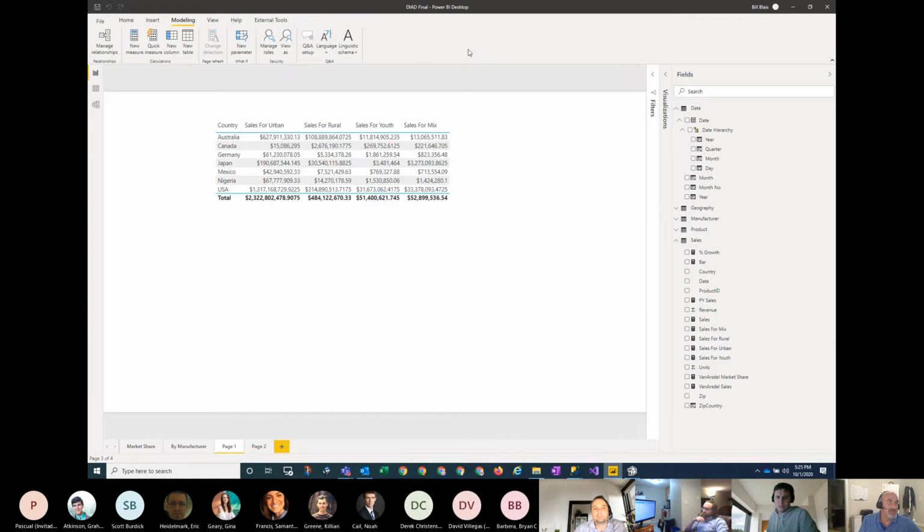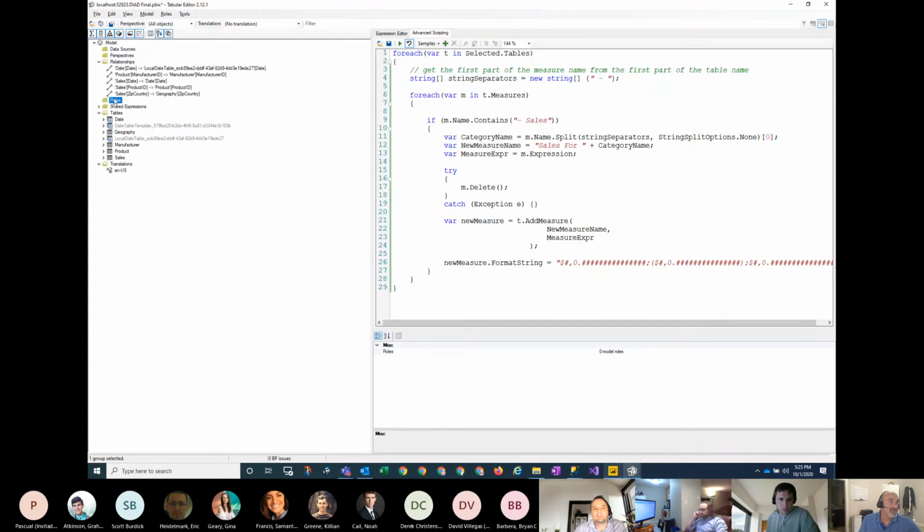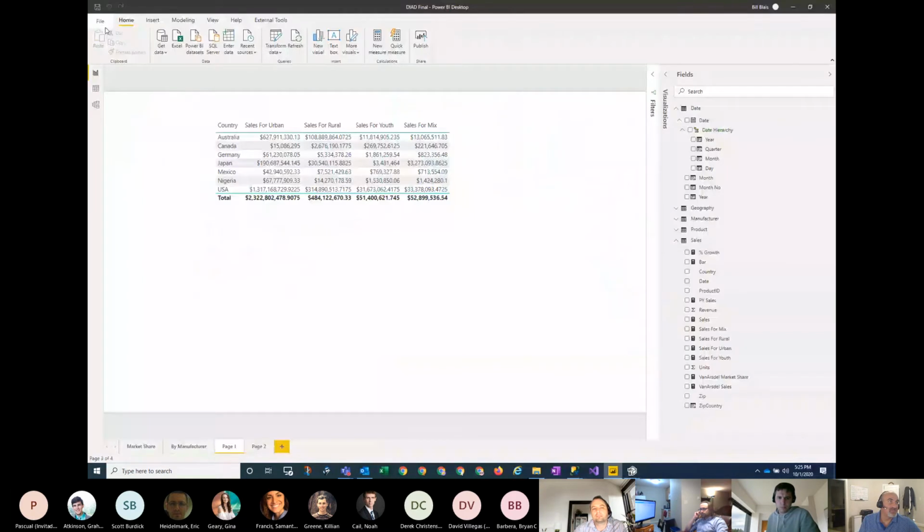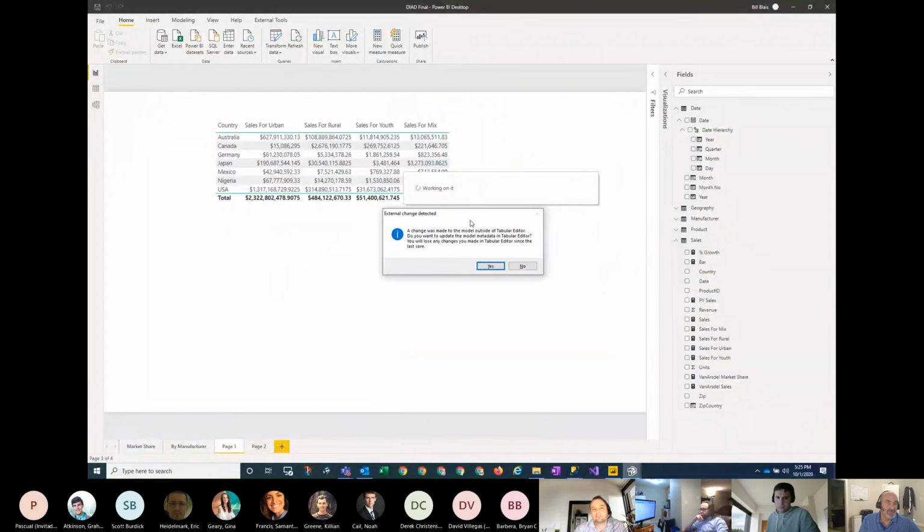It did not like that role. It usually keeps up pretty well, but my Tabular Editor is locked now. Let me try saving. Oh, that's why.